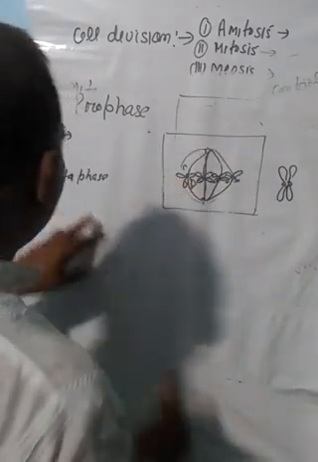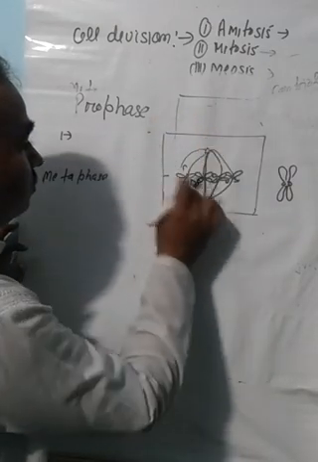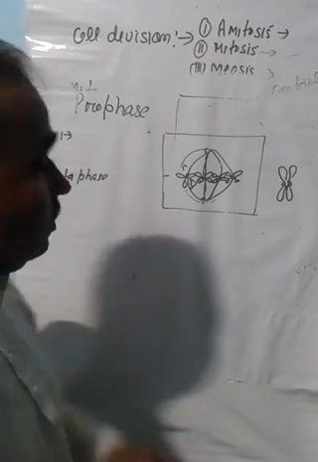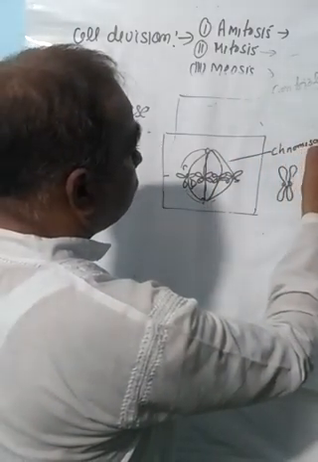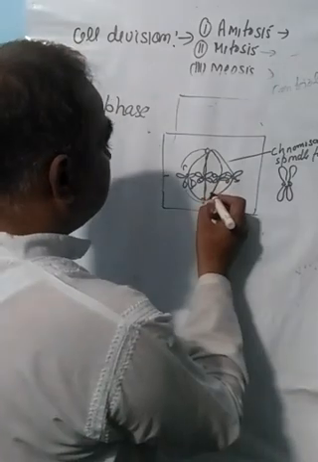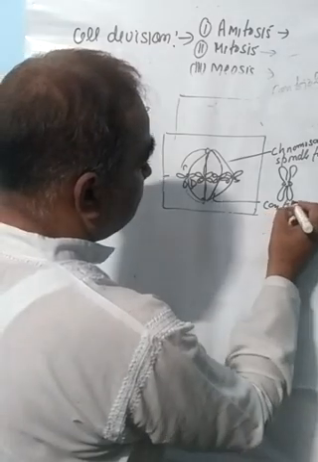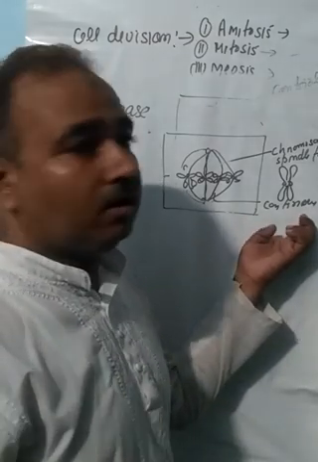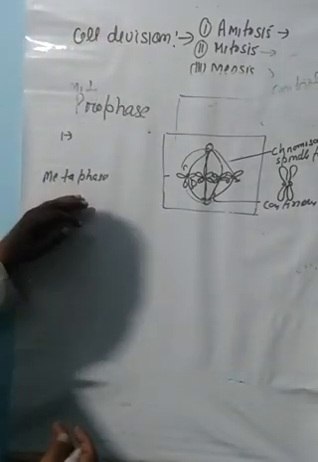It means that at metaphase all the chromosomes are placed in between the two poles. In reference to spindle fiber formation, there are two types. This is the chromosomal spindle fiber, and this is the non-chromosomal or the continuous spindle fiber. The continuous spindle fiber is attached from one pole to another pole, and finally at the metaphase